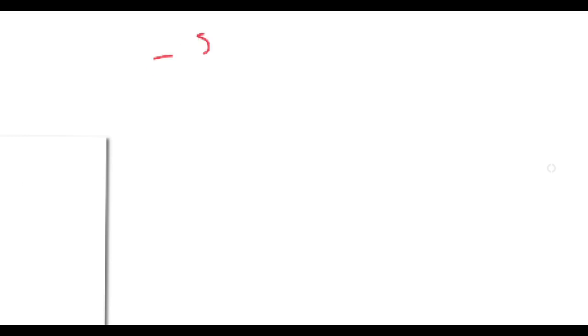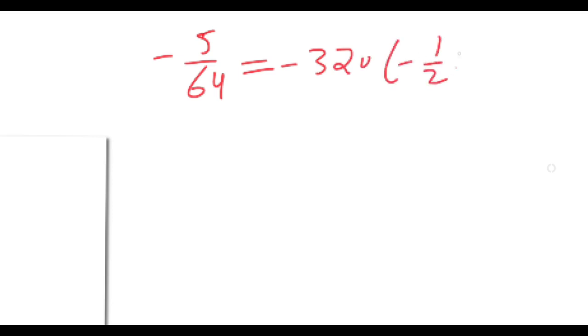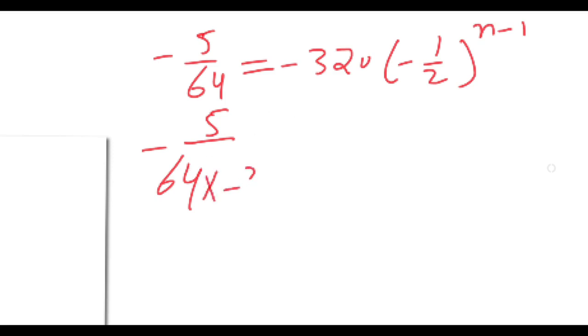So negative 5 over 64 is equal to negative 320 multiplied by negative 1 over 2 to the power n minus 1. Now we need to solve for n here. The negative 320, when I switch over, this side becomes division. Negative 5 over 64 divided by negative 320 is equal to negative 1 over 2 to the power